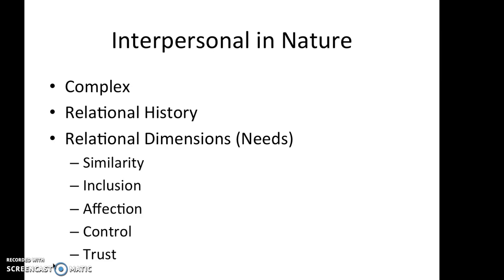Similarity, inclusion, affection, control, and trust. And so similarity, we're looking for things that we have in common. And I'll use the job interview example again. If you're going into a job interview, you're probably looking around at the person's office to see how you might connect. What might you see that kind of sparks, oh, okay, I'm interested in that too, or we have that similarity. We engage in the small talk in the beginning to figure out how can we get on common ground, because the similarity reduces our uncertainty. And we know in an interview setting there's a great deal of uncertainty, and so the similarity reduces that.